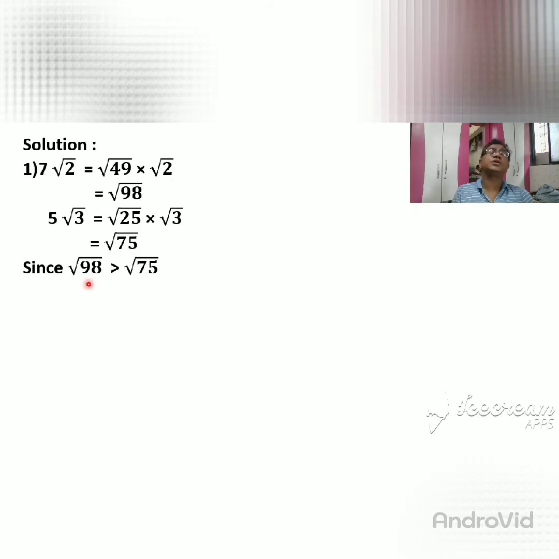So which number answer are you getting for square root of 98? That is 7 root 2. So here I write 7 root 2 is greater than root 75, which is 5 root 3. Okay, see, 7 root 2 is greater than 5 root 3. Does anyone have doubts? If anyone has doubts, then I will explain this problem in Marathi.